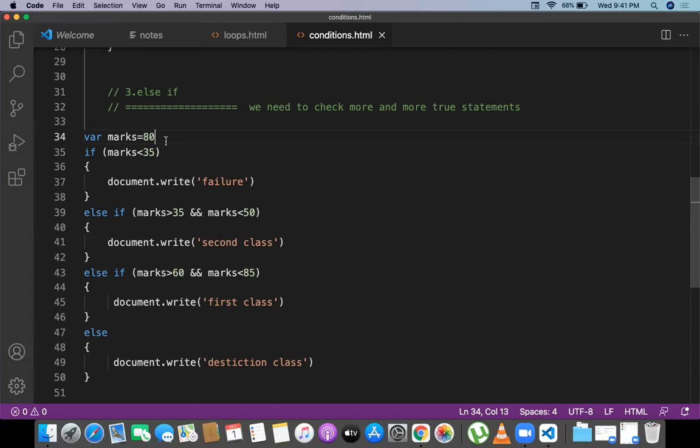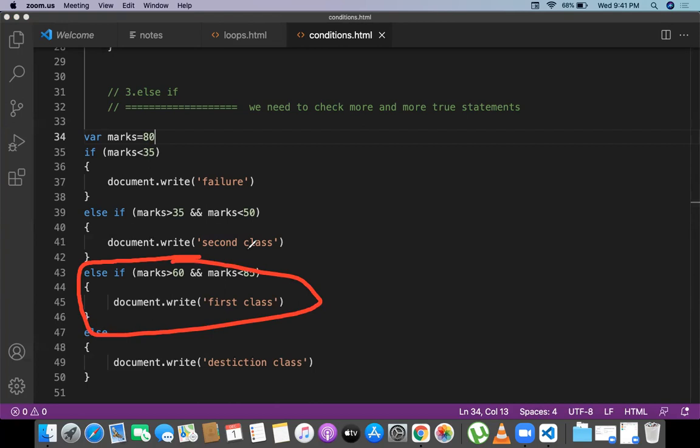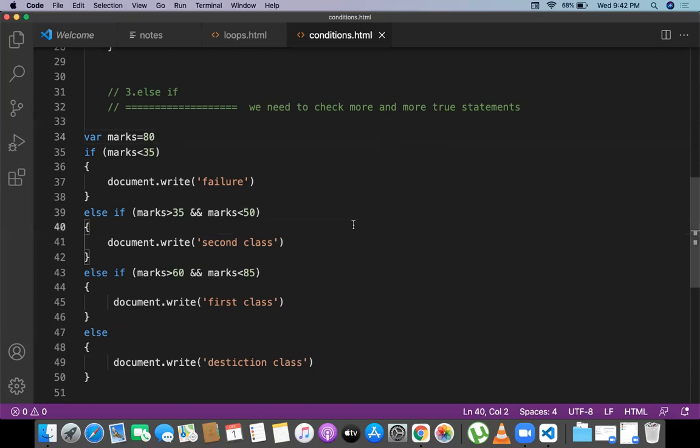Marks greater than 60 and less than 85 is satisfied. So finally the output will be the third one. This one is the output, because marks greater than 60 and marks less than 85.